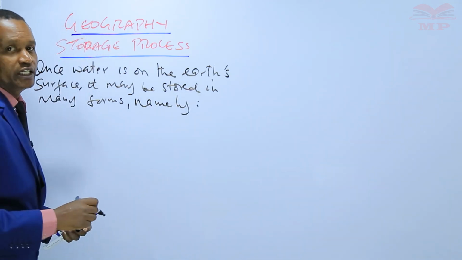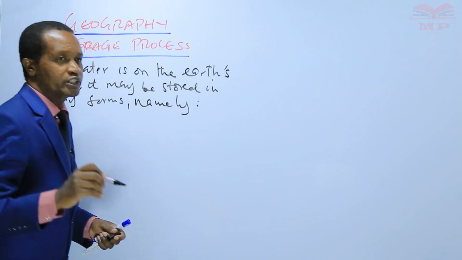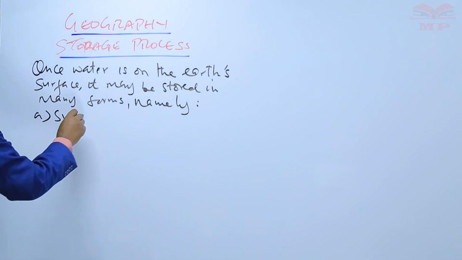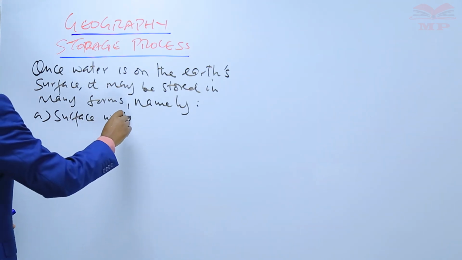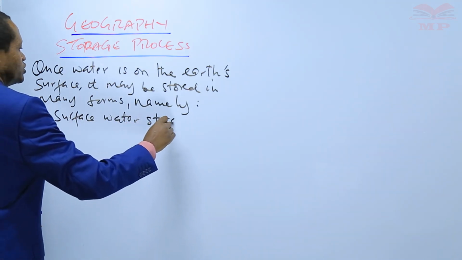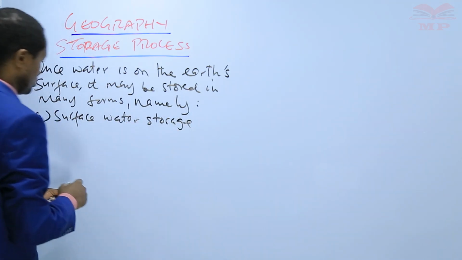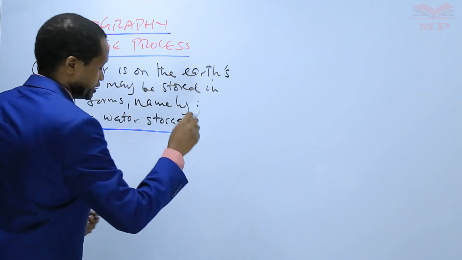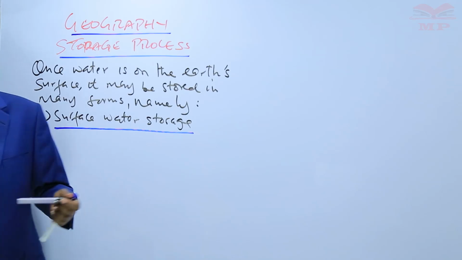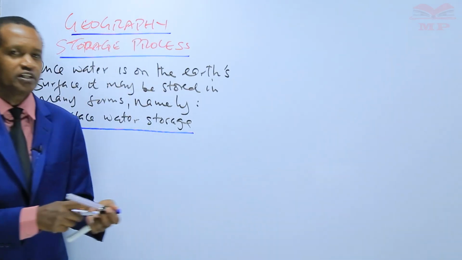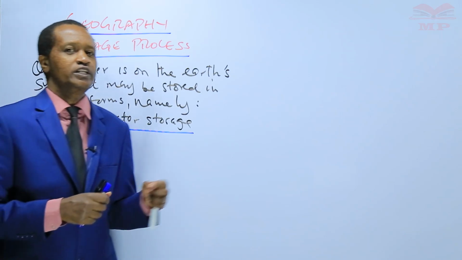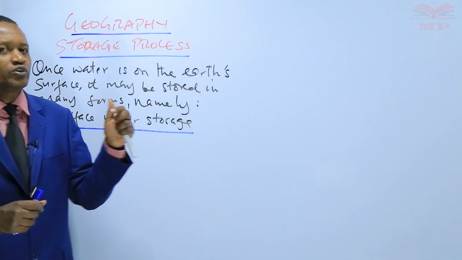Number one is surface water storage. The first one is surface water storage. This is one form, surface water storage. This is water that is on the surface of the earth. Surface of the earth. Learners, although some